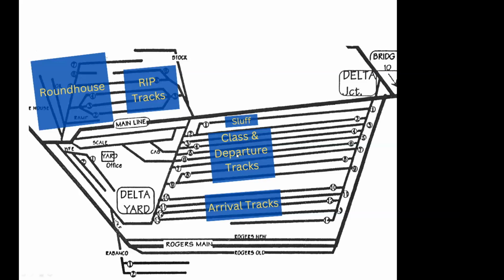And the same thing on departures. Once we got done building an outbound train, we would give it to the carman, was the term we used, and the carman would blue flag it, and they would work the outbound trains. There weren't very many bad orders in outbound trains, so we tried to catch them on the inbound trains. And if there were any bad orders, then the outbound crew, not the switch crew, the outbound crew set out the bad orders